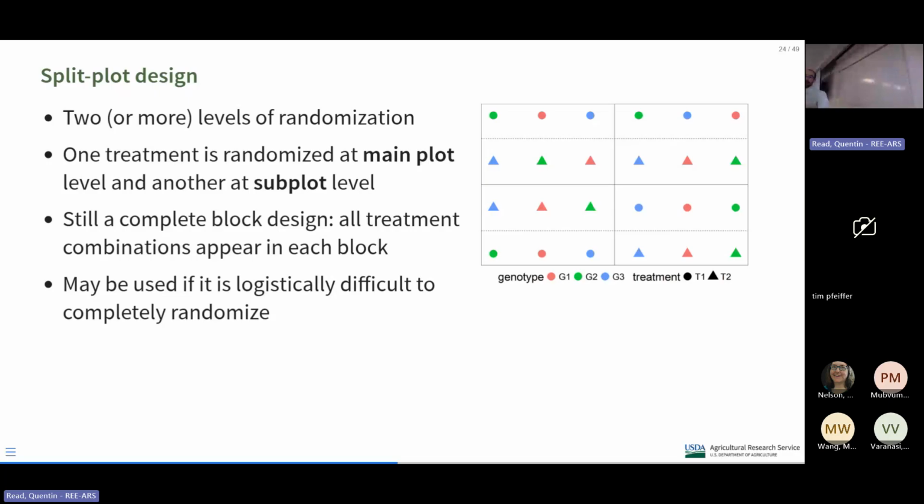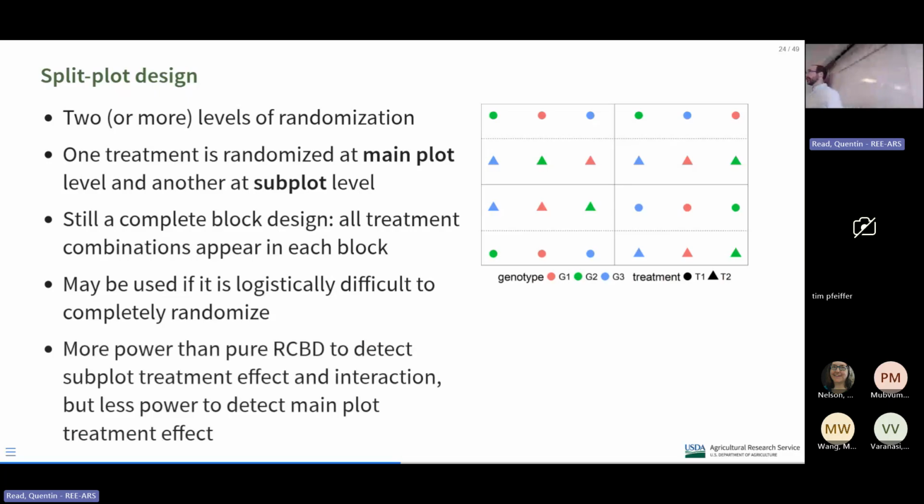oftentimes your subplot factor. Now, it's not only good for logistics, it can actually help your statistical power in some cases. The split plot has more power than a pure randomized complete block to detect the effect of the subplot factor, the one that is randomly assigned at a smaller scale, and the interaction between main plot and subplot. It has more statistical power than an RCBD, but it has less statistical power to detect the main plot treatment effect. And that makes sense to me because you've assigned, let's say, the irrigation treatment to less